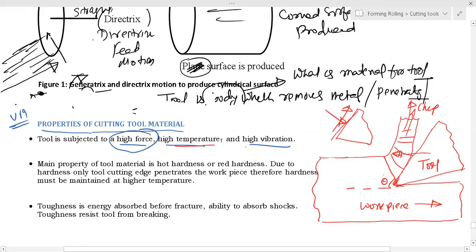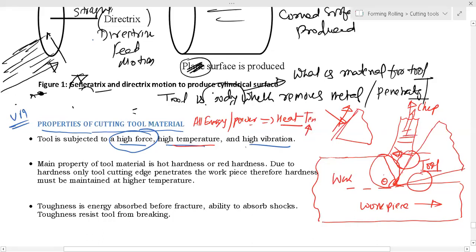Then high temperature, because in these machining surfaces, heat is generated at three places. One is to cut the material by rubbing and to avoid this. Finally you understand like this: all the energy or power that you supply to the machine is finally consumed to generate heat, and finally this heat increases temperature. So either it will increase the temperature of the workpiece or tool or chip.